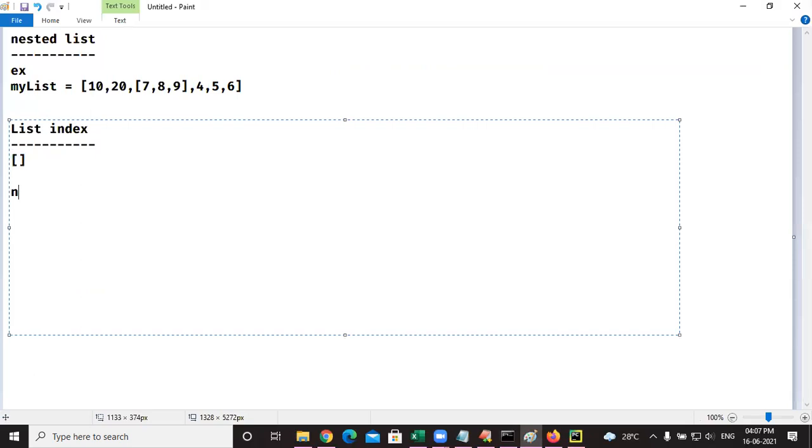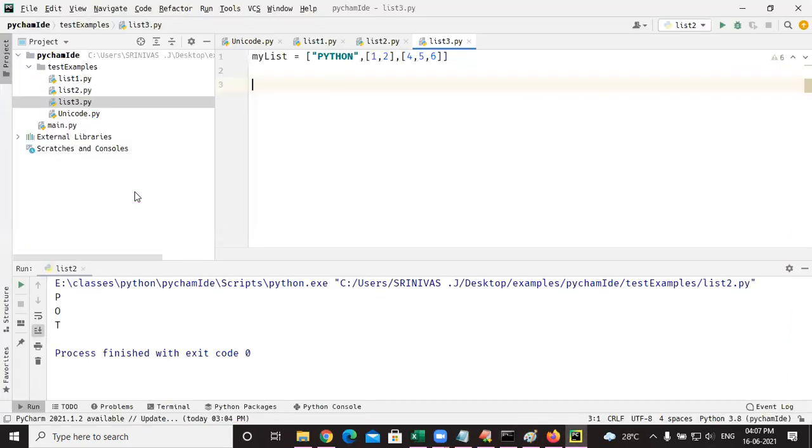For a nested list, we need two index boxes. This is the first index and this is the nested list element. So print